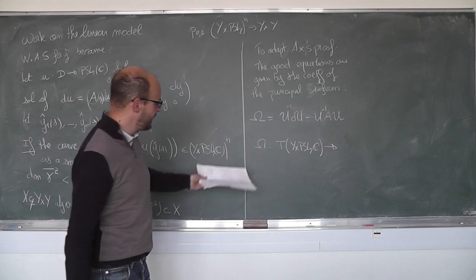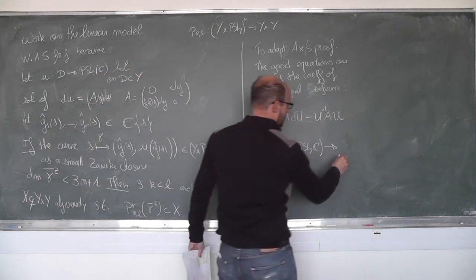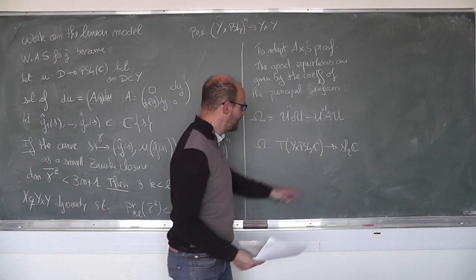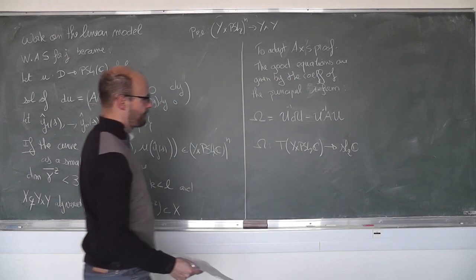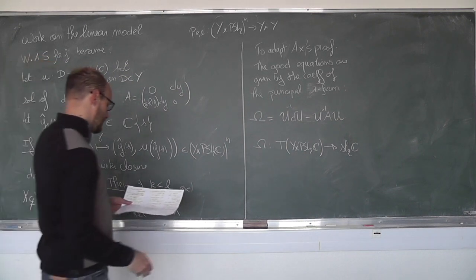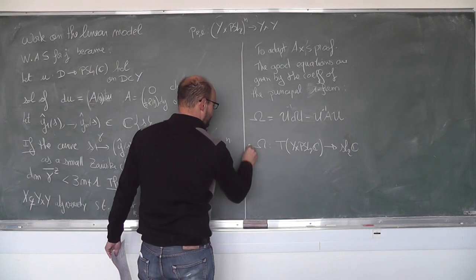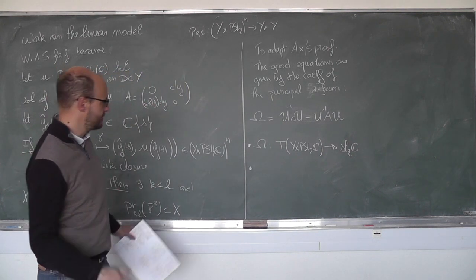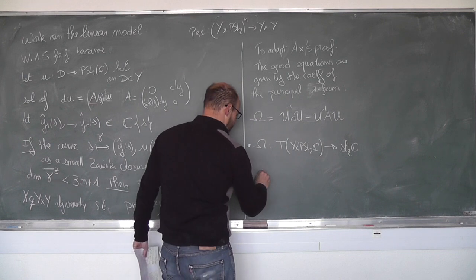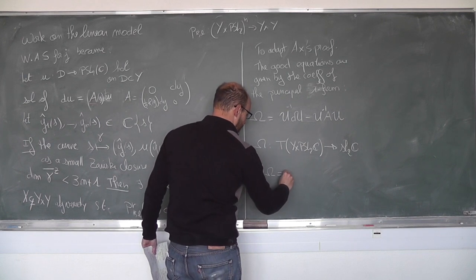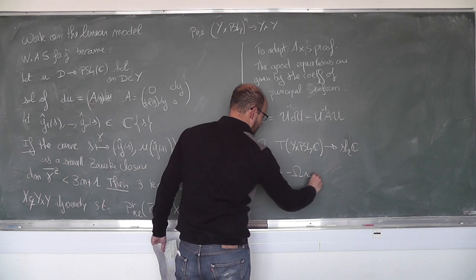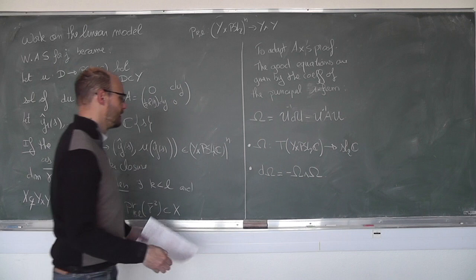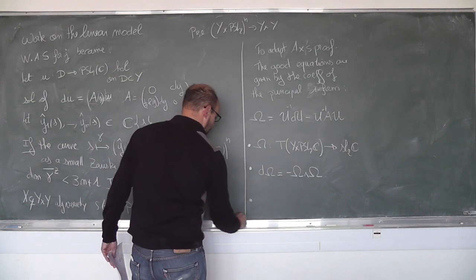And if you look carefully here, it takes value in SL2 of C, in the Lie algebra of this group here. So this is the first nice property. The second nice property is that d omega is equal to minus omega wedge omega. And the third nice property is that the equations